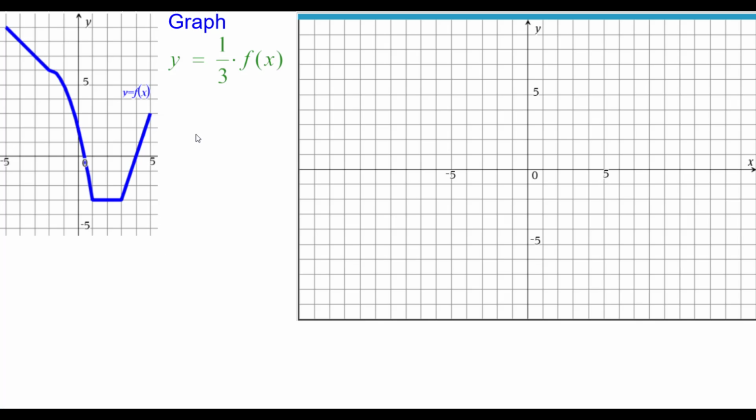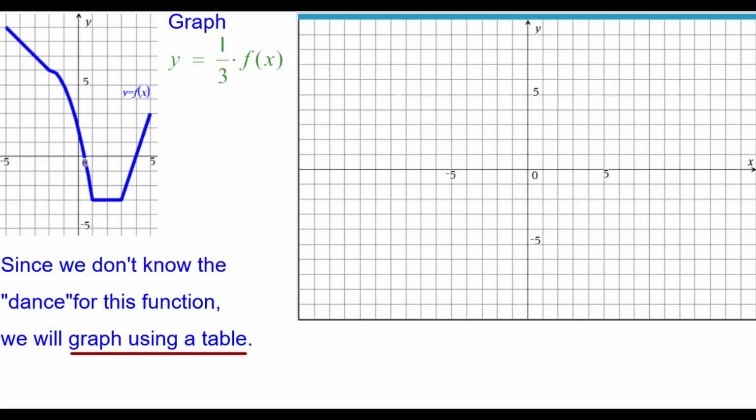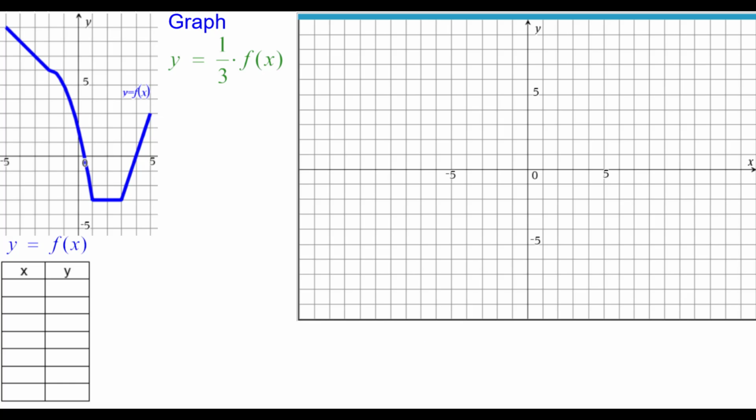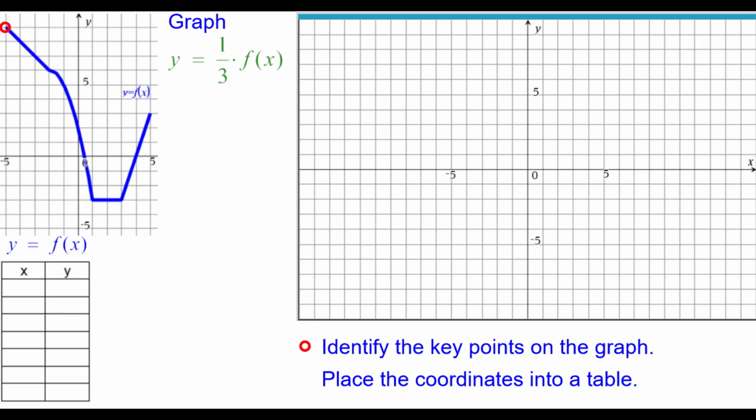Given the graph of y equals f of x in blue here, we want to graph y equals 1/3 times f of x in green. Since we don't know the dance for this function, we're going to graph using a table. So we create a table, and we're going to identify the key points on the graph, beginning with this one right here. We need to place the coordinates into a table, and the coordinates of that point right there are